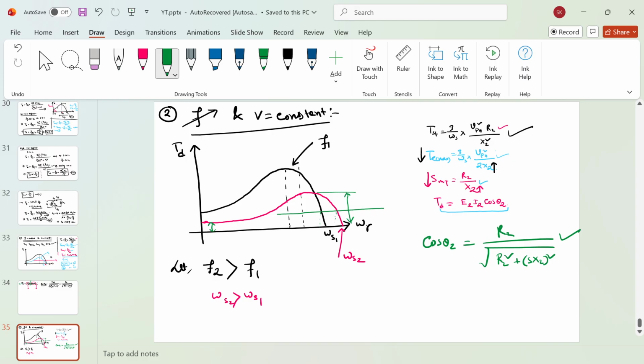But the thing is, you have less electromagnetic torque and less starting torque, which is obviously not even desirable, because let's say you had this constant load torque, and it was like this. If you do a black start, your motor will not be able to start. Load torque is more than the starting electromagnetic torque, so the motor will not be able to start. It will be in a stationary condition, and the motor will try to draw a huge current. Okay,